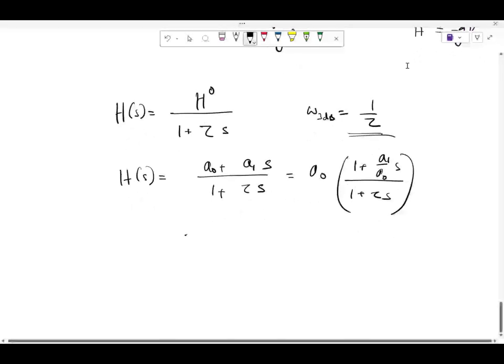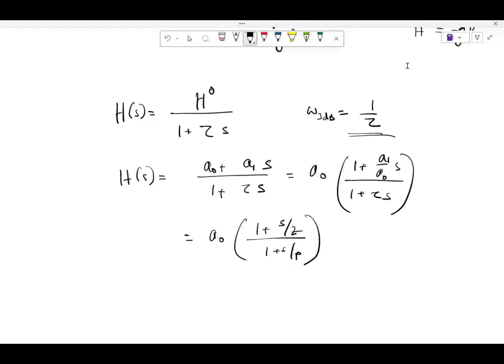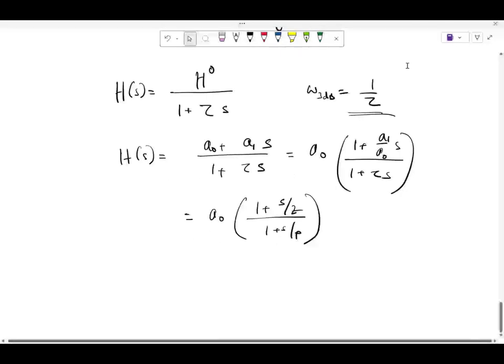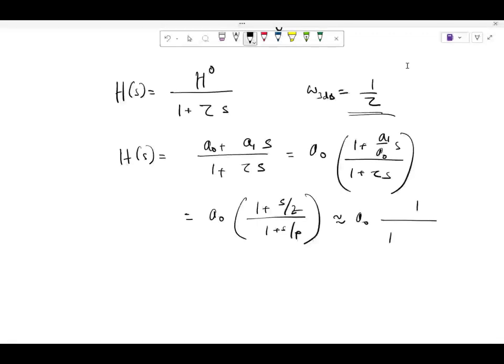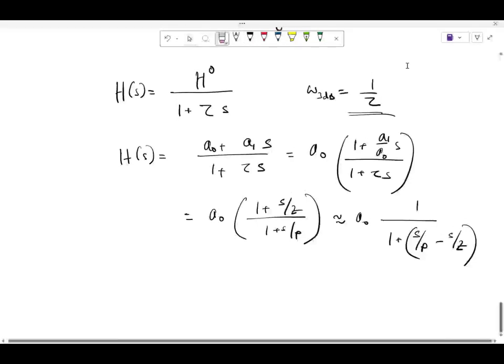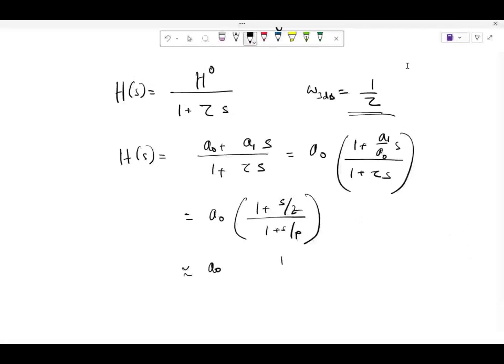I'll write it in this form so that it becomes easier to comprehend: S by Z by 1 plus S by P. So this I can approximate as saying 1 by... right? Okay, if it is not readily solved, I can say this is equal to